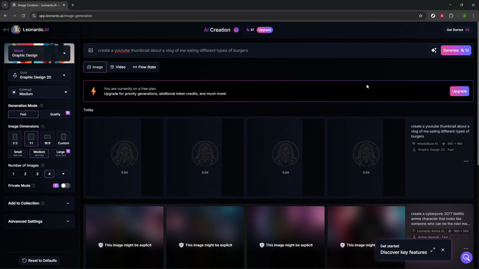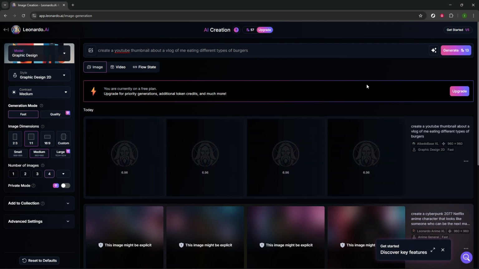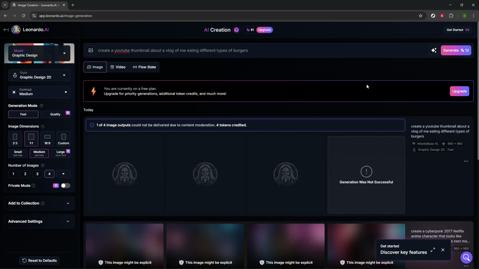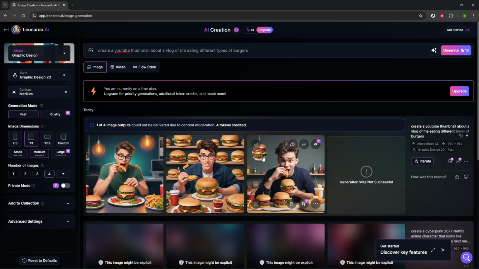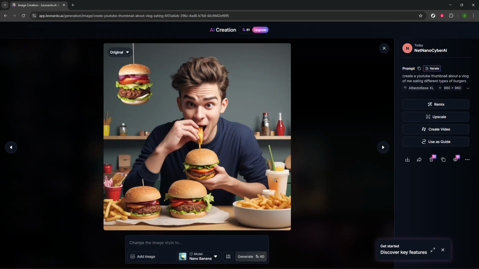After you've entered your prompt and uploaded any reference images, it's time to click on the Generate button. This is where the AI works its magic, converting your vision into a finalized design. The process typically takes just a few moments, depending on the complexity of your request. Once generation is completed, you'll have a thumbnail that's ready to be used for whatever purpose you have in mind. And there you have it, a complete and accessible way to create a thumbnail with Leonardo AI. With these steps, you can explore and experiment to create eye-catching thumbnails that